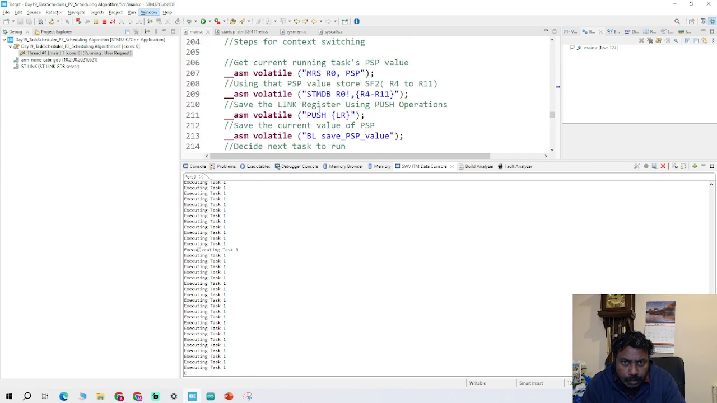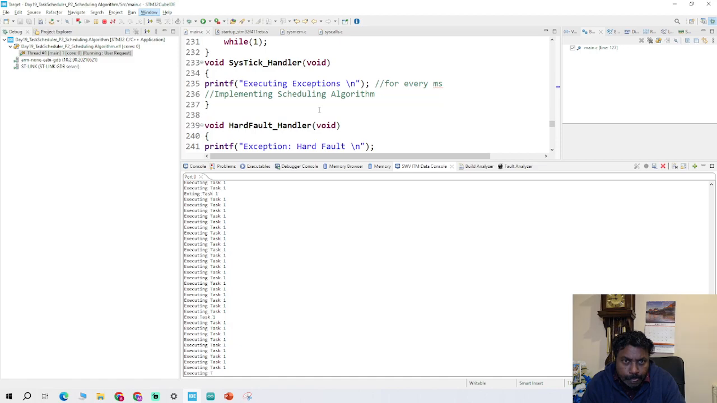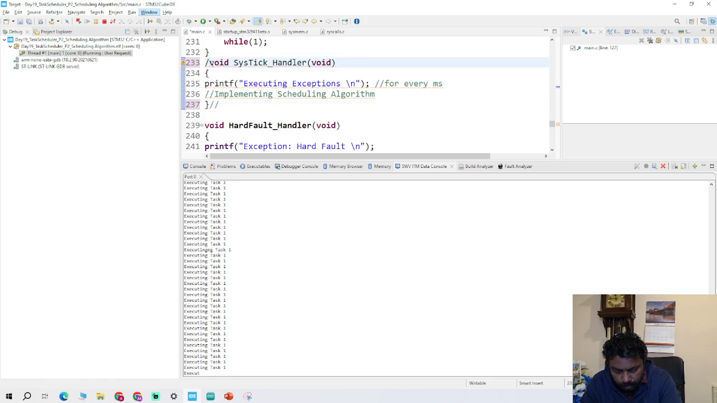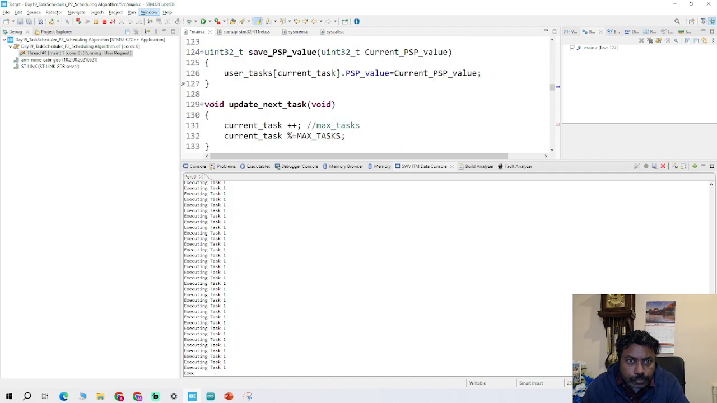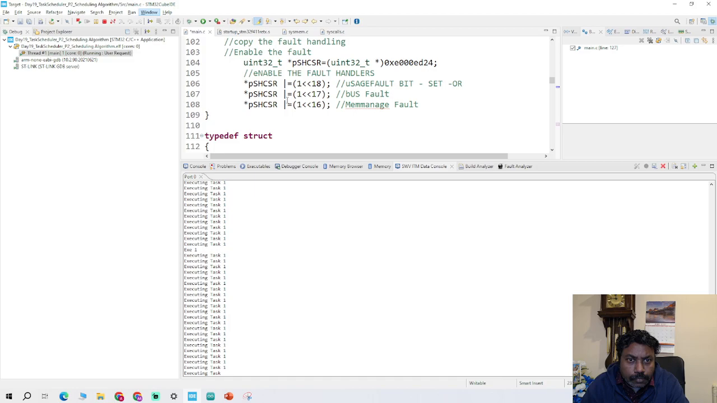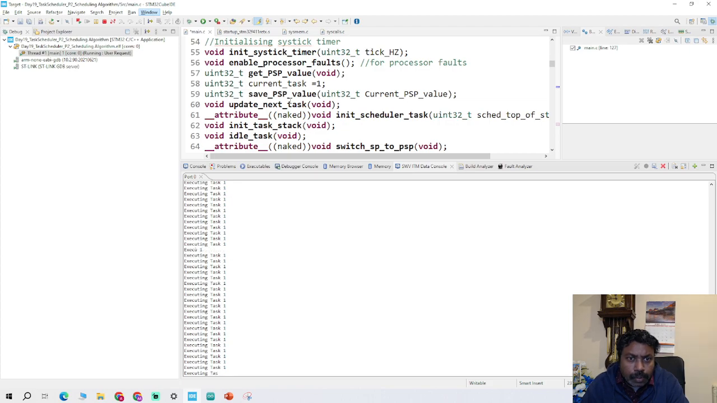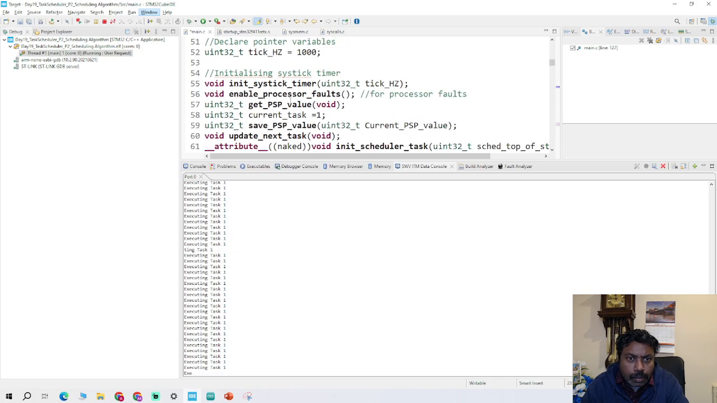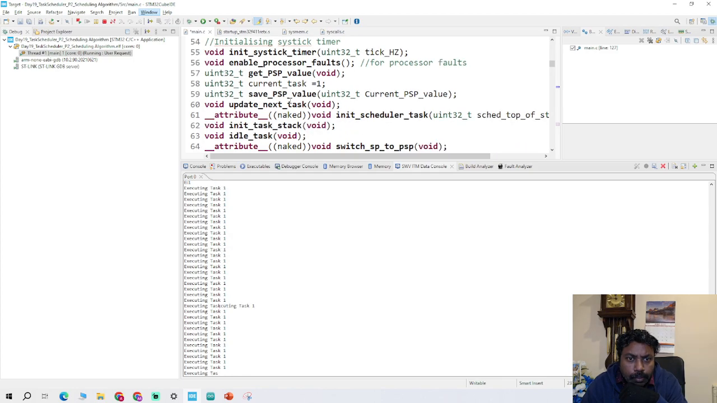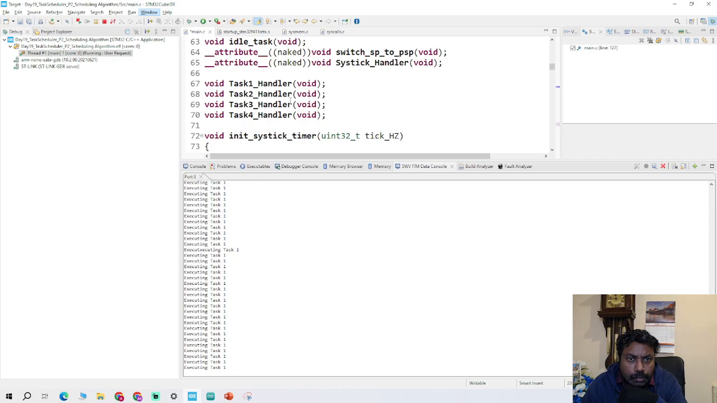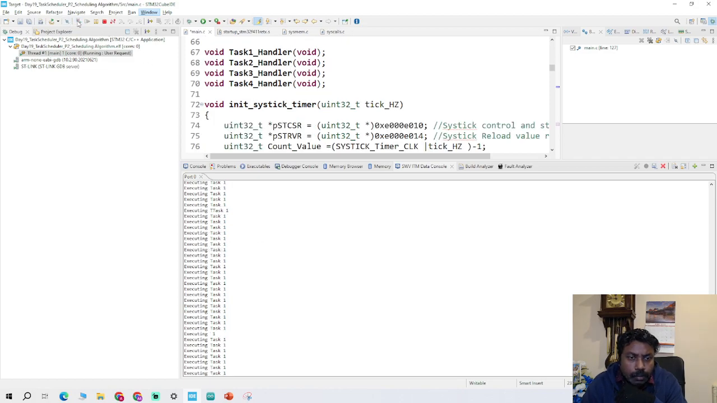Stick handler. And terminate this stick handler. Stick timer, enable, get PSP, current task, task 1 handler, stick timer. So I'll quit and relaunch,